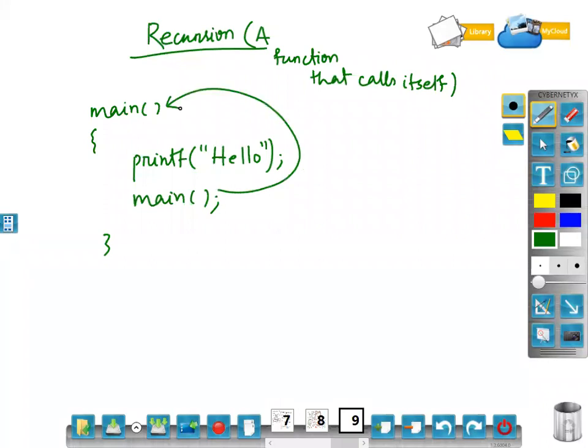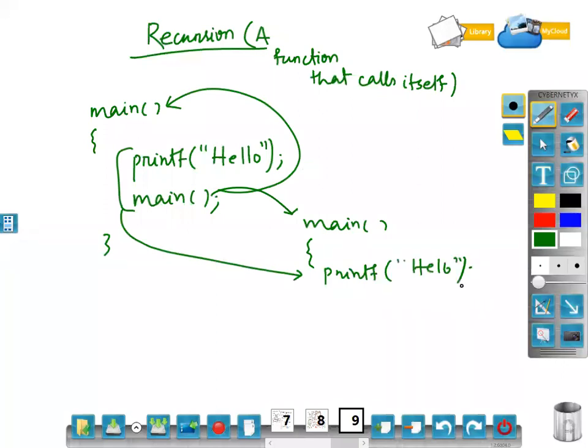Once you are calling a function, it means another definition is there where the entire code will be replaced. Means printf hello, and again, because the entire code will be replaced.